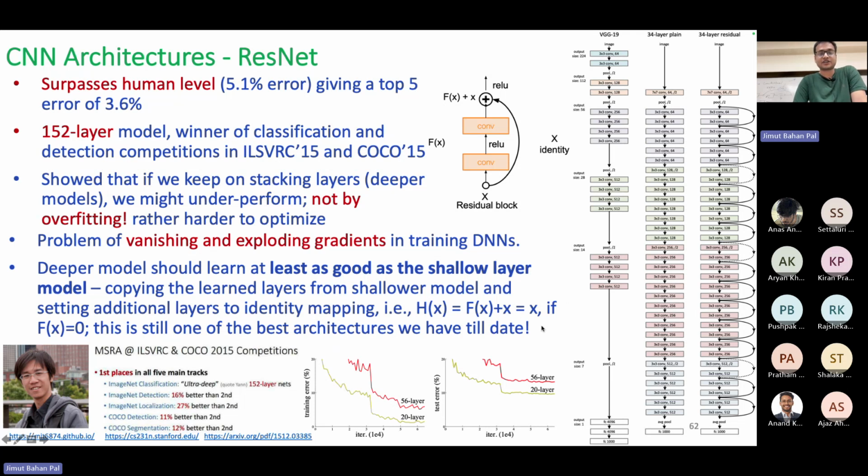Like this was their contribution. So what they found was that it is becoming easier to optimize deeper layers. They used about a 152 layer model, and this was the first architecture which surpassed the human level. Human level has a top 5 error of about 5.1%. Human level error occurs because of the ambiguity of images and occlusion, all those traditional things found in images. So this architecture was the first one which solved the ILSVRC challenge by giving an error rate